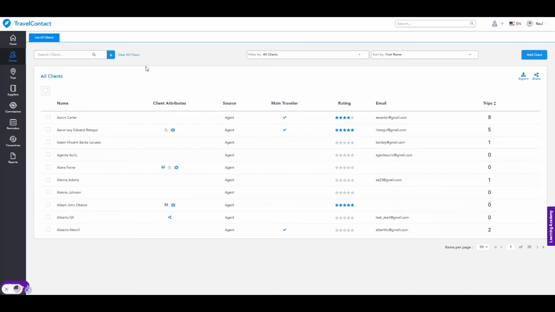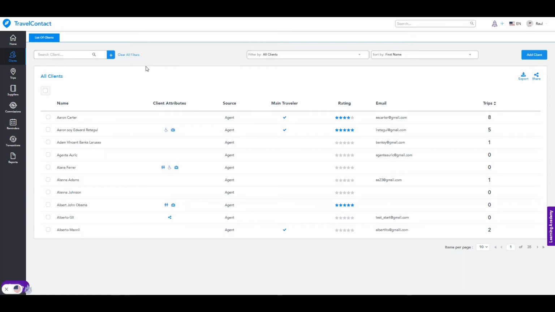there is that we do create individual profiles for each individual client. So we're not going to duplicate profiles. You're not going to have generic family profiles. Everyone will get their own information, and you'll be able to save preferences for each one individually. Even if you're contacting them through a different client or they're a sub-traveler, they will still get their own profile